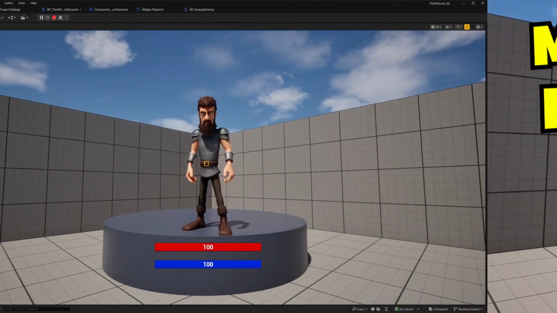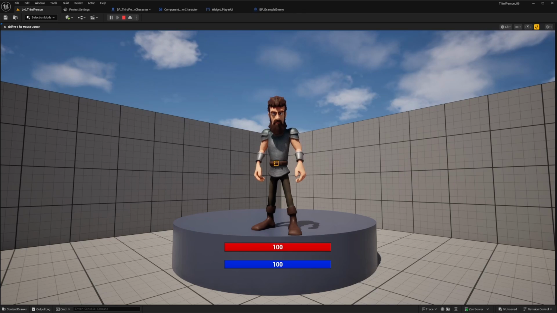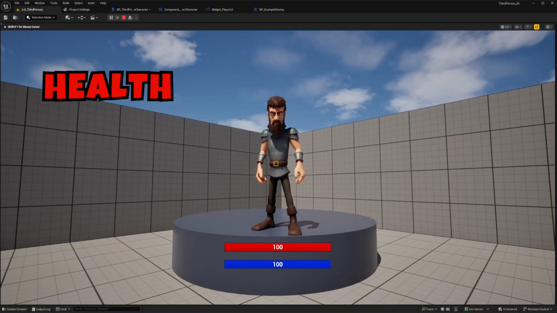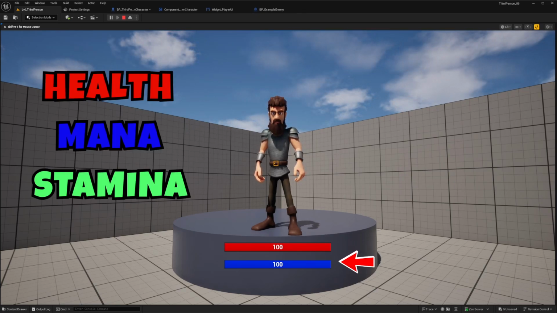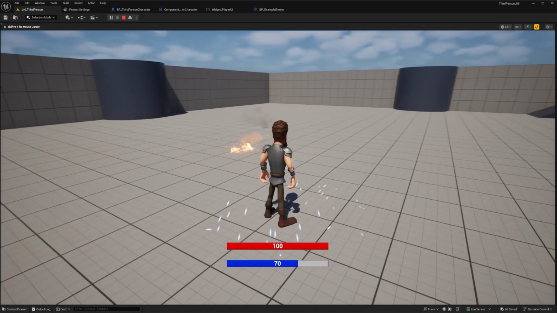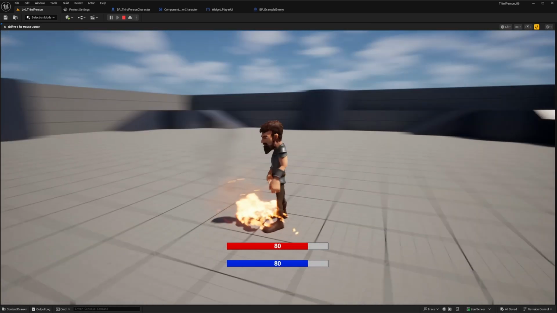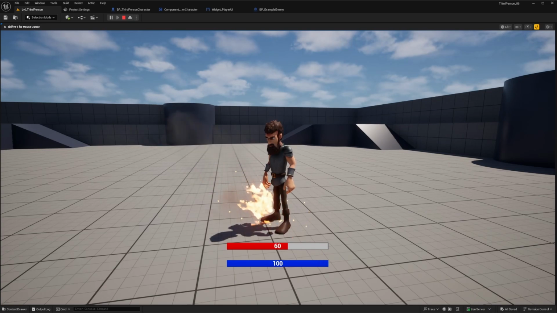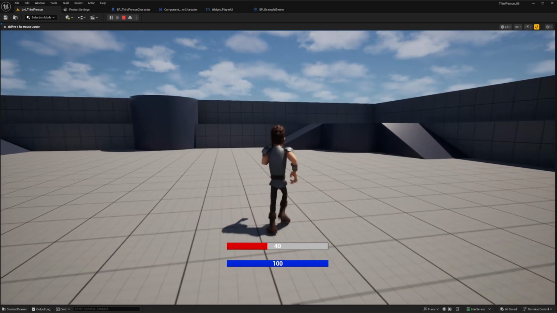Let's go. In this video, we'll learn how to add some basic interactive character stats such as health and mana or stamina to your player character. Then we'll review how you can spend and regenerate the stats, along with adding them as progress bars to a UI which will update dynamically as the values change. This setup can be applied and expanded upon for a first or third person project as well as a top-down